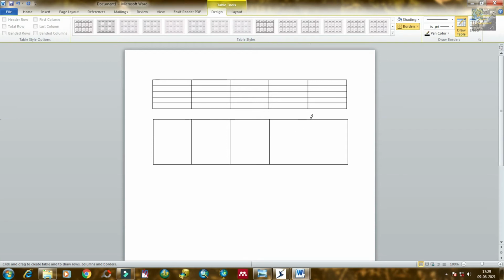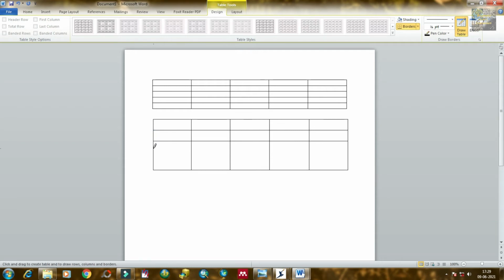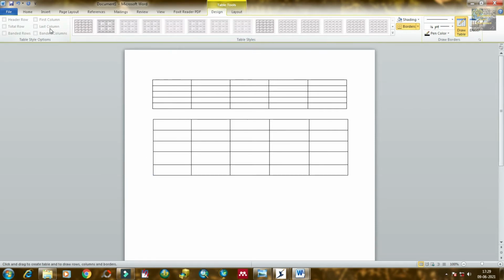Here I am drawing a table like the previous. You can input your data and statistics in the table row and column.